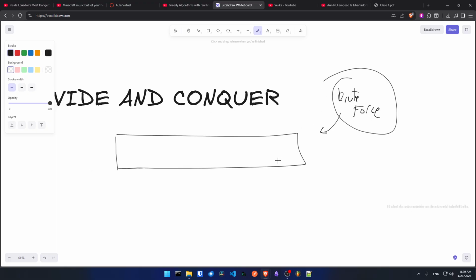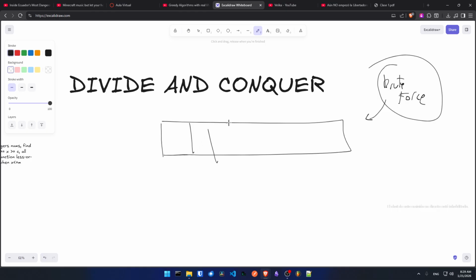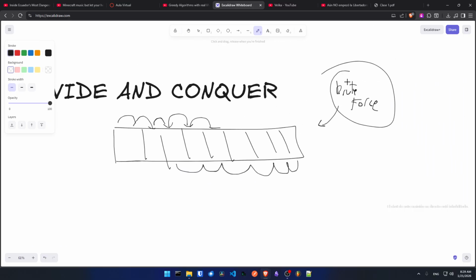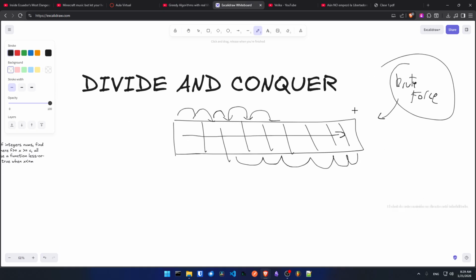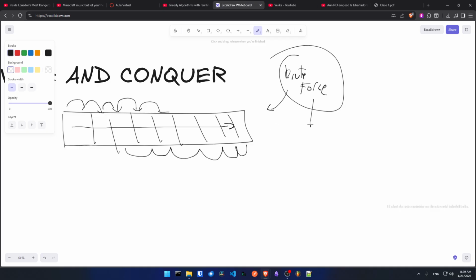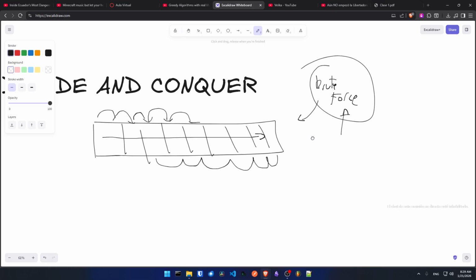So brute force, what we do in this case, imagine we have a lot of things inside an array. It will iteratively go from one item to the other item, or maybe go from this way to the other item. What it's trying to do is try all possible solutions until we find an answer. So most of the time you want to use brute force when you want to prove something or you want to find a solution quickly, let's say, but it is not great because it